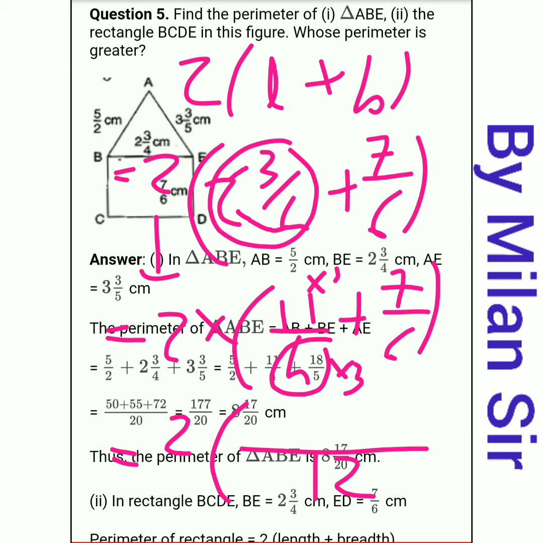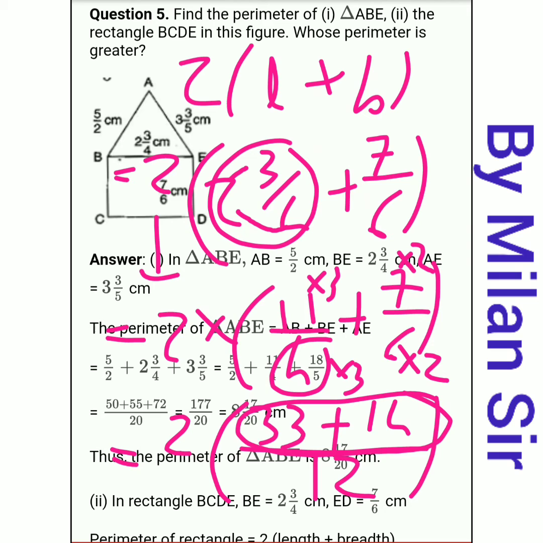So the same thing we need to multiply with our numerator. So 11 threes are 33, and the denominator 12 I have already written. Then plus 7 upon 6. Now in the denominator we have 6, but we want 12, so we multiply the denominator with 2. So the same thing we need to multiply with our numerator too. So 7 twos are 14. Now we can add our numerators.